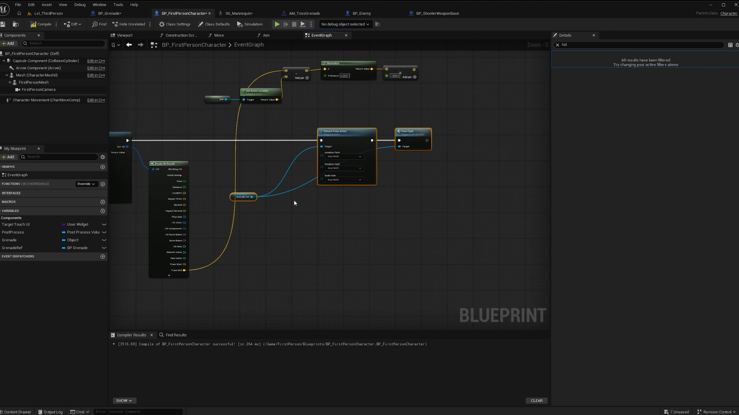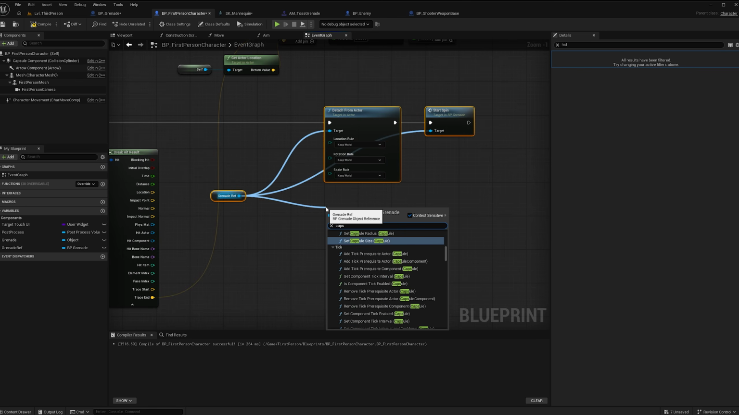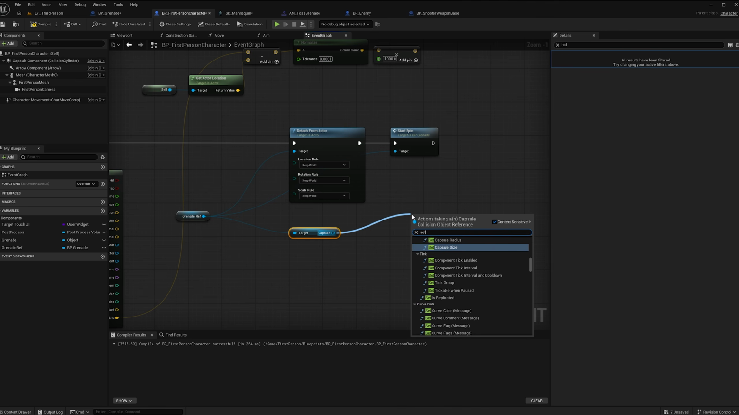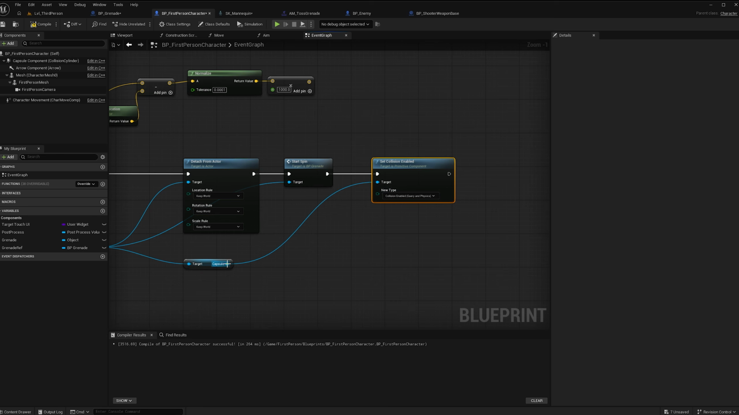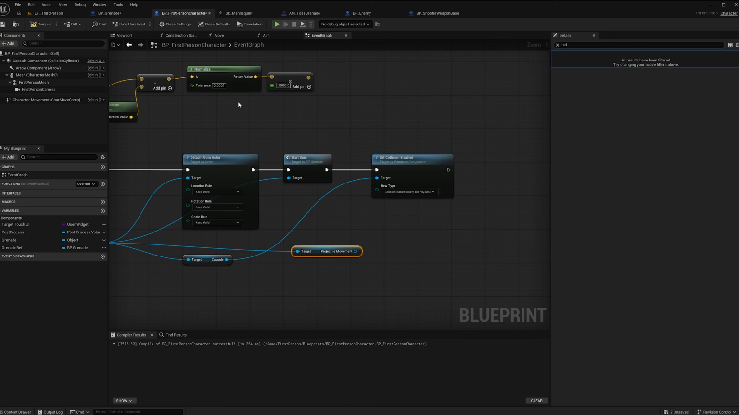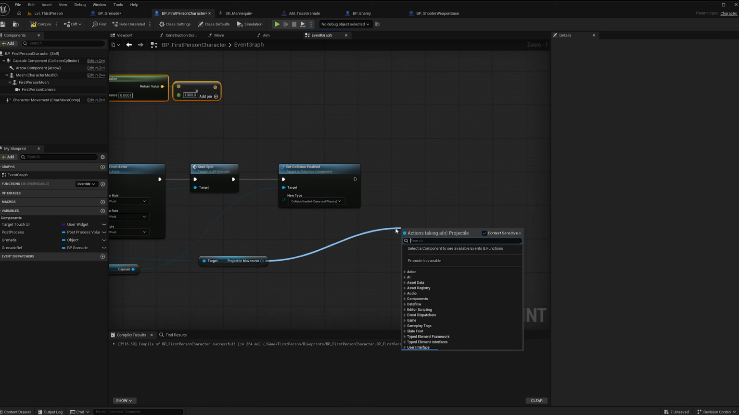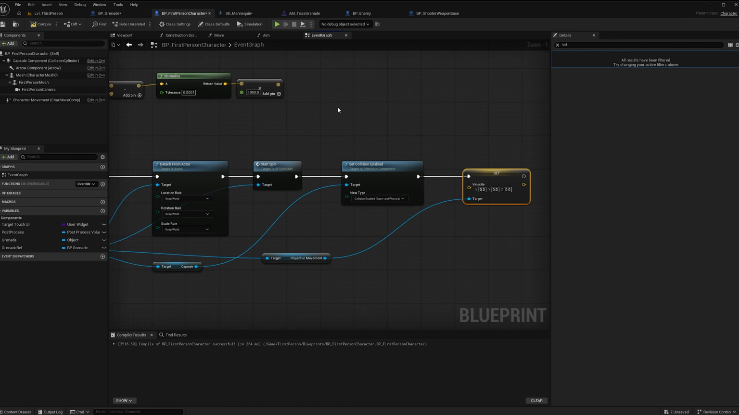And then we want to enable the collision during the toss. So the way we can do that is off of our grenade ref, we can get our capsule for the actor. And then we can do set collision enabled, and we'll just make it query and physics. And then we want to get our projectile movement also from our ref. So let's search for projectile movement. And then we want to set the velocity using what we calculated up here. So we can just do set velocity, hook that up right at the end,